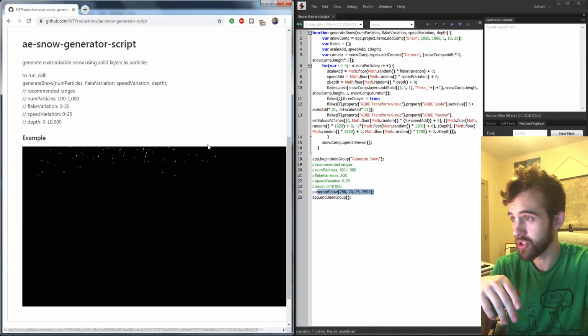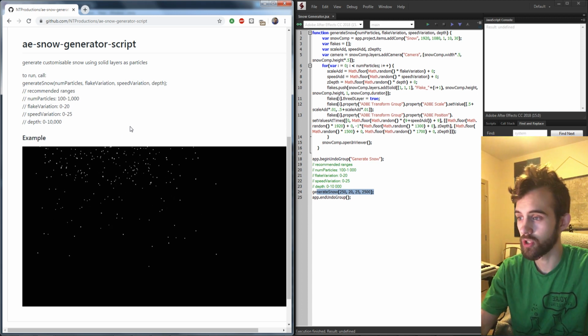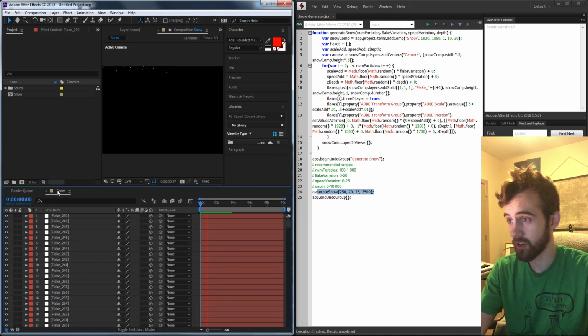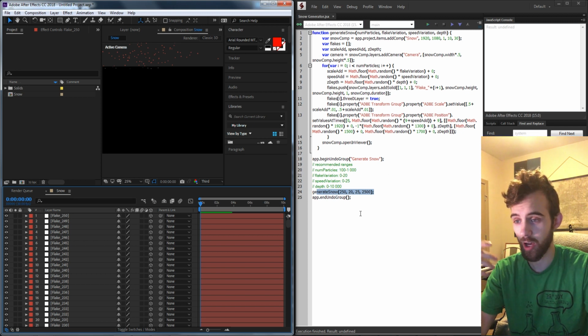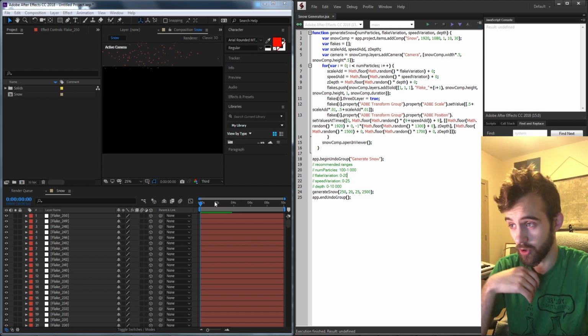In this one, I'm going to be showing you how to make this AE snow generator script that essentially uses a bunch of tiny solids to generate snow in your composition. Now this function is already written out. All that's left to do is adjust the input settings, like how many flakes you want, the size, and things like that. So let's just go ahead and go over it and how to manipulate it to create different snow